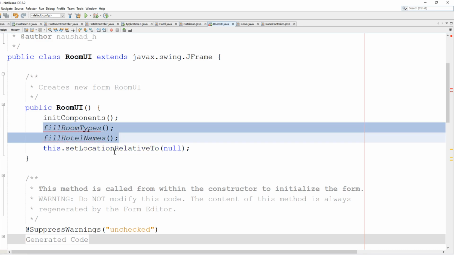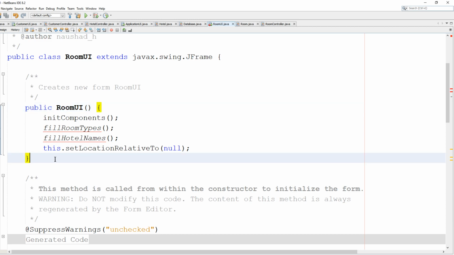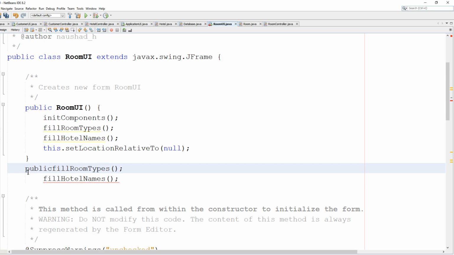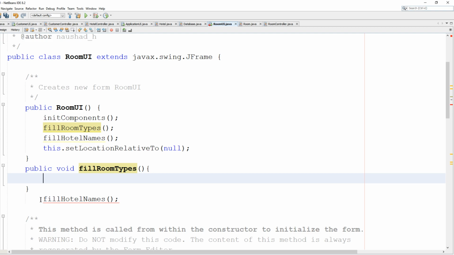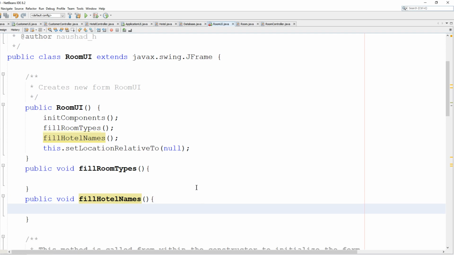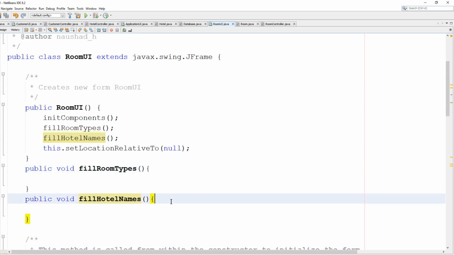So remember, in the room UI, after the constructor, we just put them here. Public function, public void fill room types. So it's just going to be a public function, return is void, and then we have these two functions. Again, what's the purpose of this? Grab the information from the database and fill the combo box. Here also grab the information from the database and fill them up. So of course we need to create